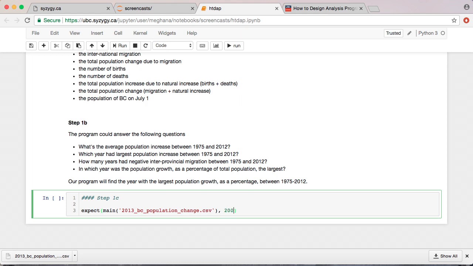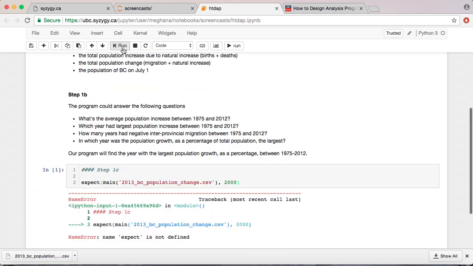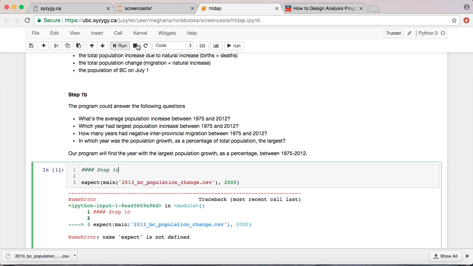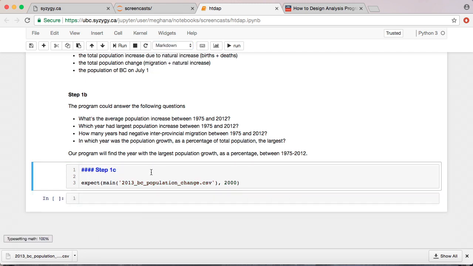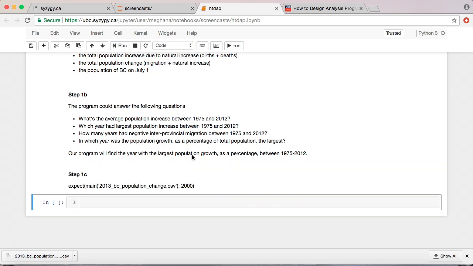If I run this, we still have this as a code cell, so we're going to get an error because we haven't started building our program yet. Instead, we could change this cell to be a Markdown cell. This example will help us figure out what kind of answer we expect our program to produce. We don't need this example to run because we'll write more examples that will run for each function when we build our program. Now we'll move on to the building phase.